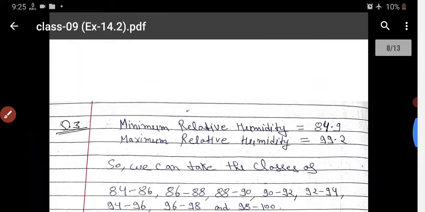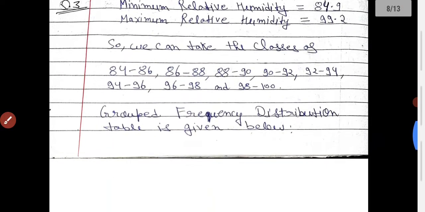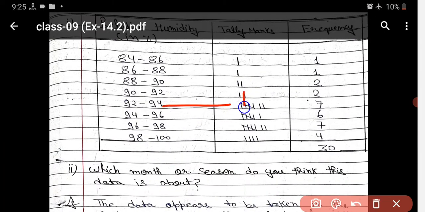Okay. Just see first one. It is 92.7 and 95.2. In which column do they lie? One by one you have to take. 92.7 will come in that column, and 95.2 will come in that column. So like that you have to make a frequency chart.